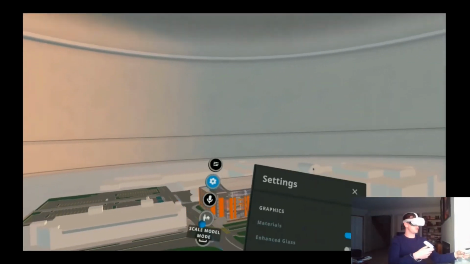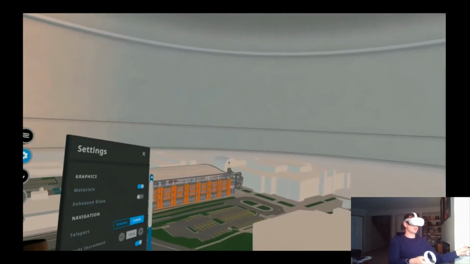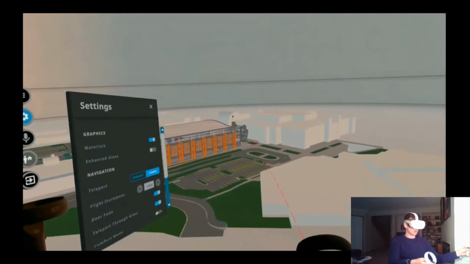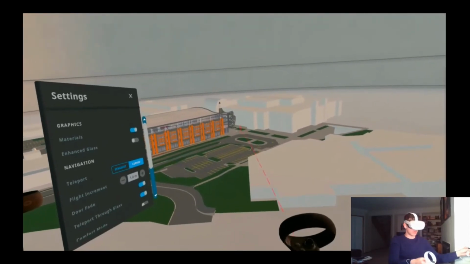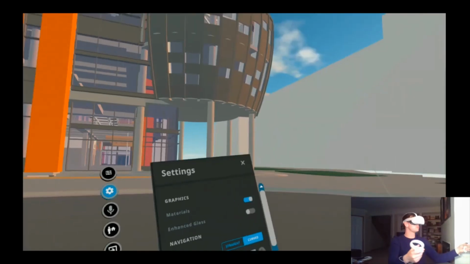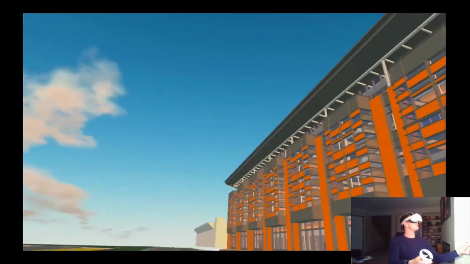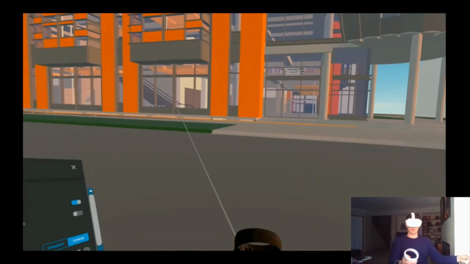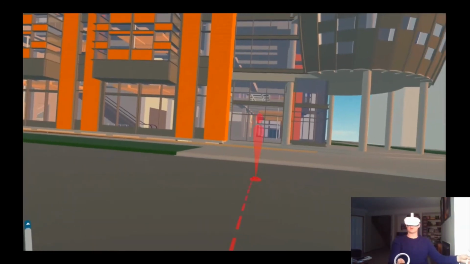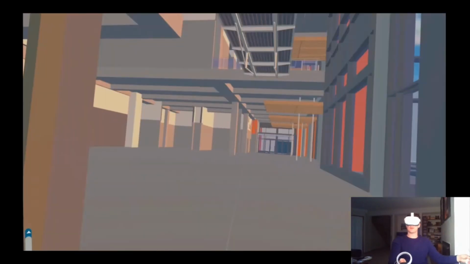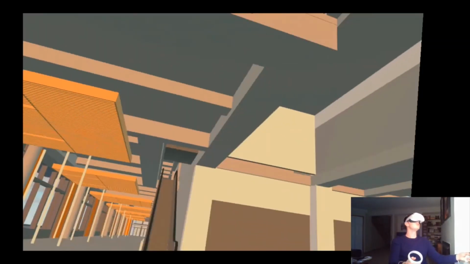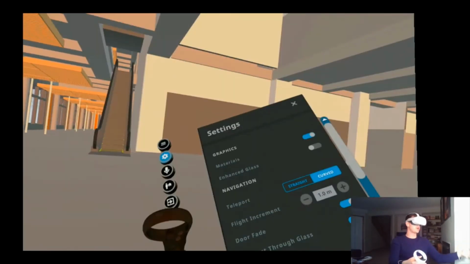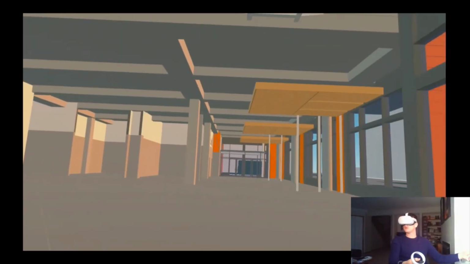From this scaled model view, we can jump into the model by pressing up on the right-hand controller joystick, and we can see exactly where we want to be cast in the model. Here we are. Now there's a couple ways to move about. I could press up on the right controller again to kind of teleport exactly where I want to go in the file. Or I can use the joystick on my right hand to kind of smoothly move